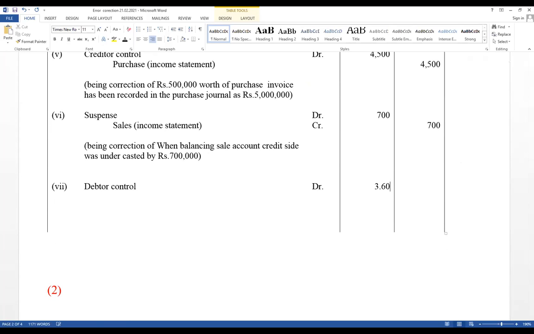Difference value 3,600. Debtor control account debit and sales account credit. It is not effect for suspense accounts. Difference value equal 3,600. Then here narration, being correction